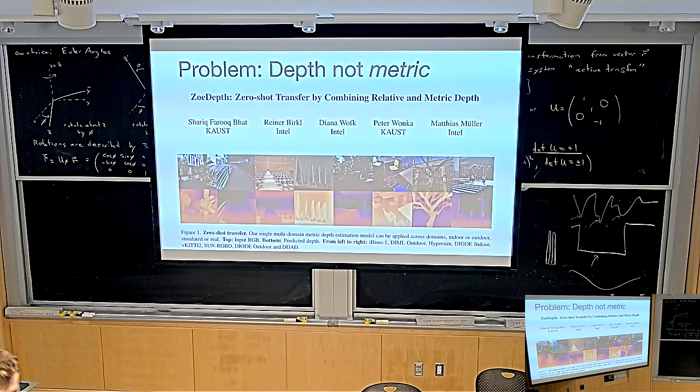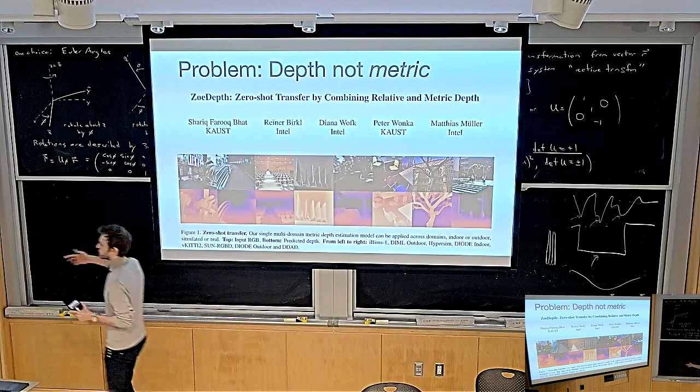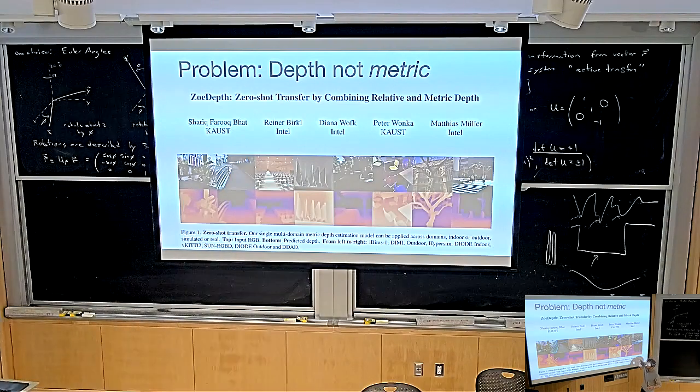Imagine you want to build a robot, and the robot should grasp something in the scene. What do you actually need? Well, it turns out you really need the metric depth. It's not good enough to just predict this depth with this random scale, right? So there's an interesting paper which I'm just going to refer to. The method is not that fundamental, so we're not going to talk about the paper in detail.